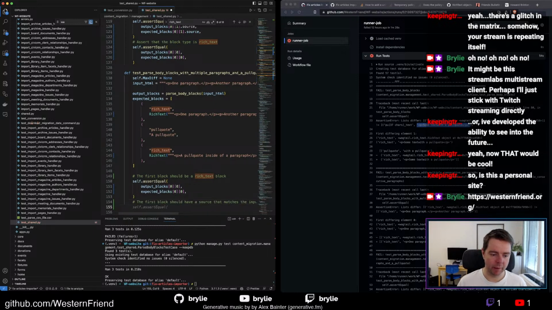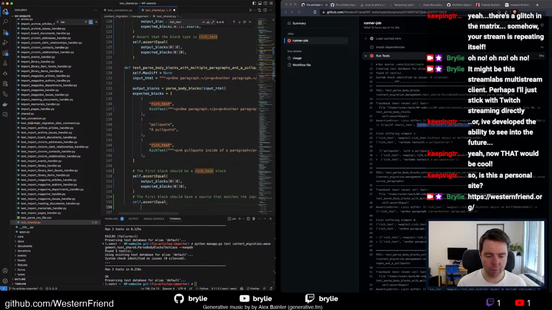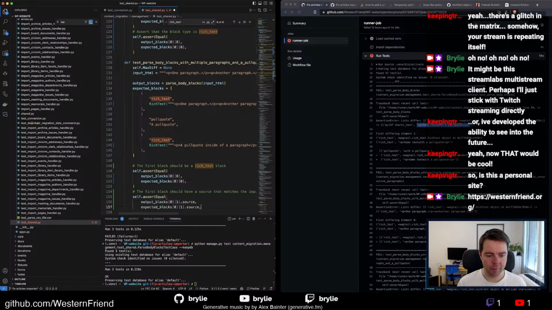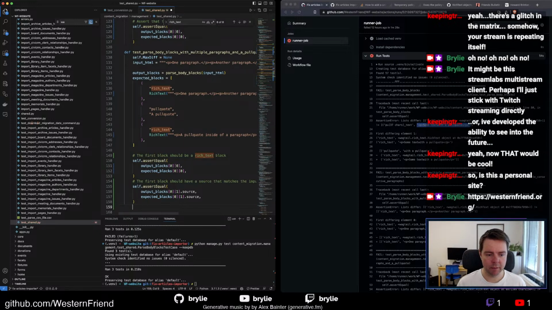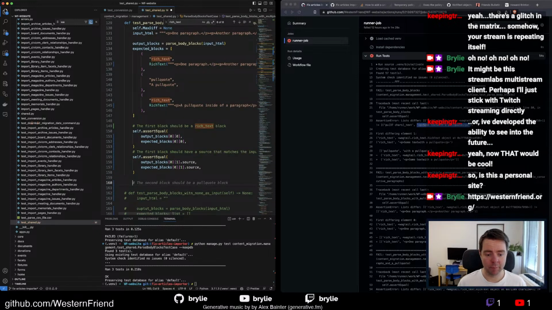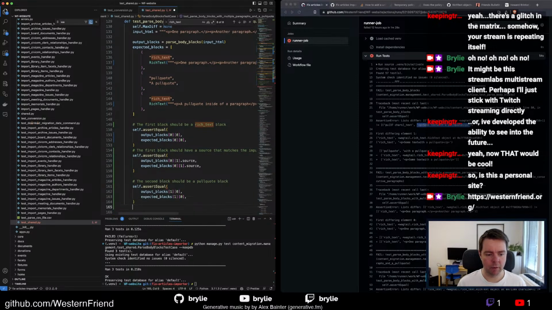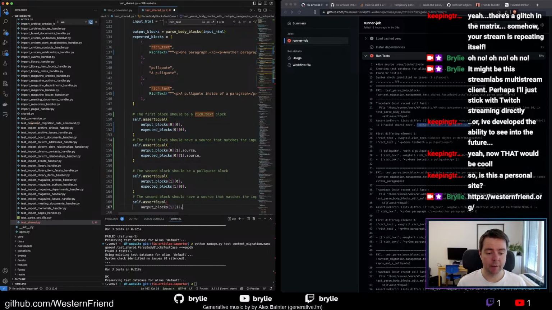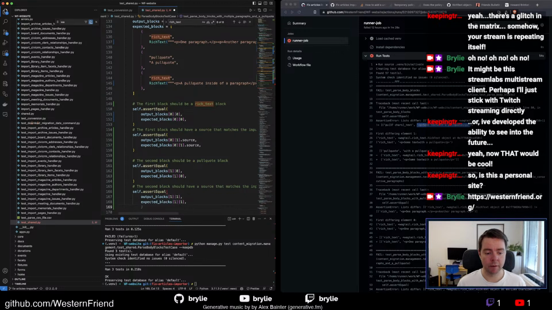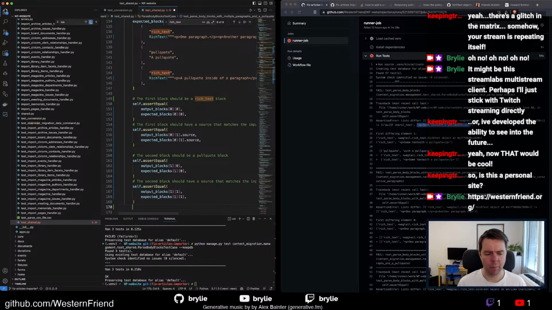So this is just Copilot writing the code for me. Are you working with Copilot, by the way? I highly recommend it. Look at this. I'm just hitting the tab key. I've set the precedent here. Let's see what it says about the second block, pull quote block. So it's crazy. It knows that it's a pull quote block, and it should have a source that matches the yada yada. This is great. The prompting is in the code and the comments, but once it gets the pattern,